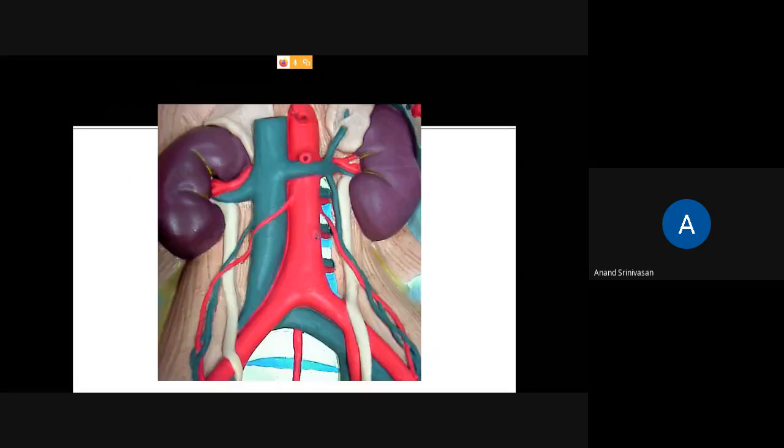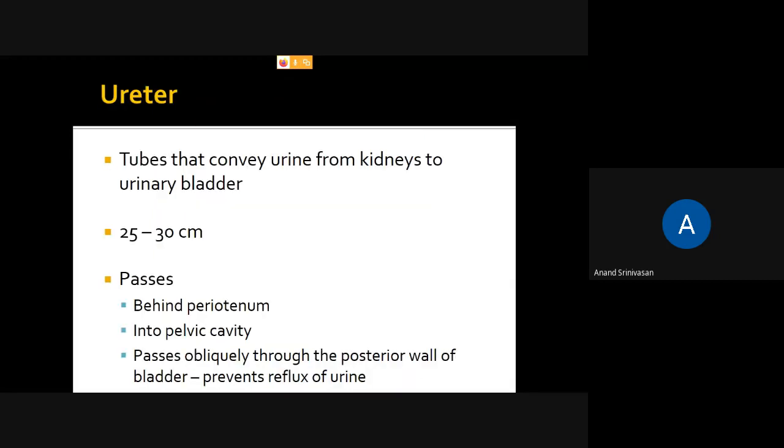All right, let's go to the next one, which is the ureter. From the renal pelvis, the ureter is formed. The ureter, look at the spelling, is a tube which conveys the urine from the kidney to the urinary bladder. It is approximately 25 to 30 centimeters. It is also located behind the peritoneum and extends until the pelvic cavity, and it passes into the urinary bladder,